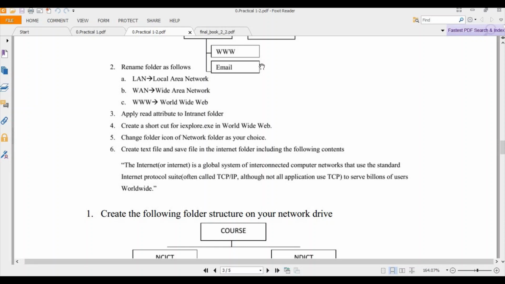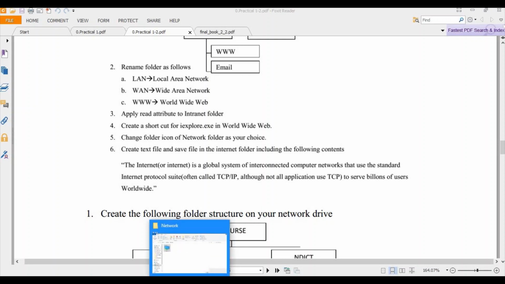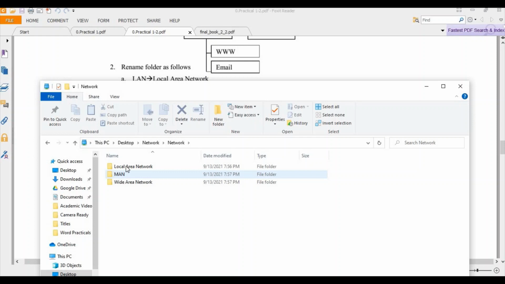Then create the text file and save in the internet folder including the following content. So the following content, you want to create as a text file inside the internet folder. We'll go to the internet folder.